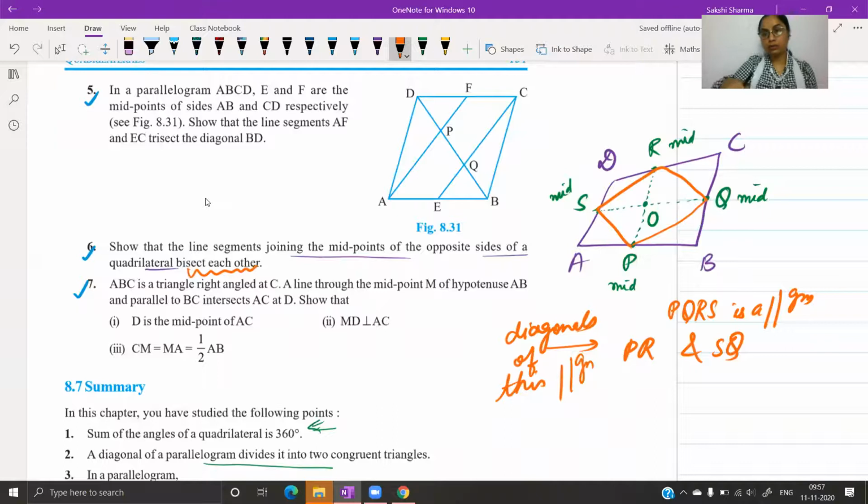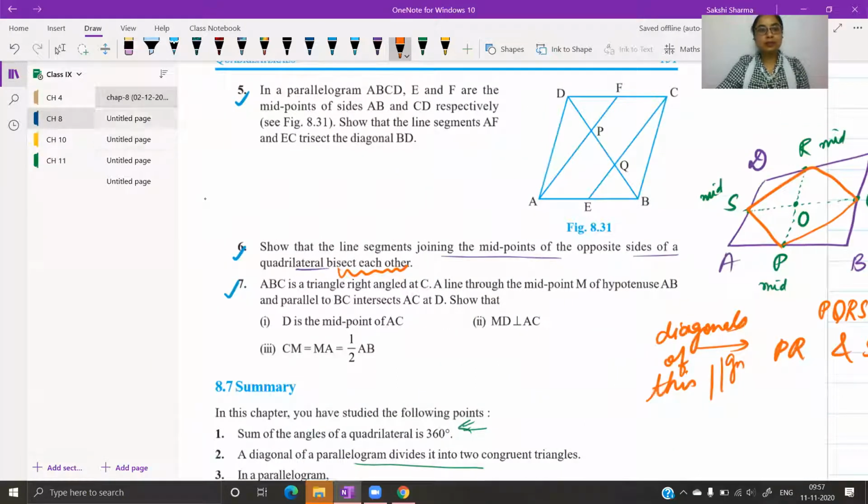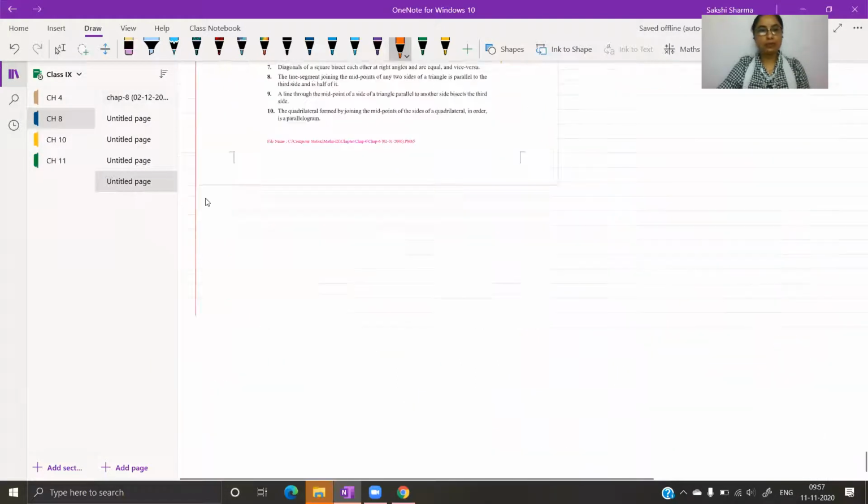So whatever we have done in question number 1, वो जो पूरा आपने आंसर लिखा है, वो सारा का सारा आंसर यहाँ पे आएगा, and वो लिखने के बाद, last line लिखने के बाद, PQRS is a parallelogram, you're going to write down 2 more lines that since PR and SQ are diagonals of this parallelogram, these two bisect each other. So this is what we will be doing before we do question number 2 and 3. Draw the figure with me and start writing down the answer. You just have to copy it from there.